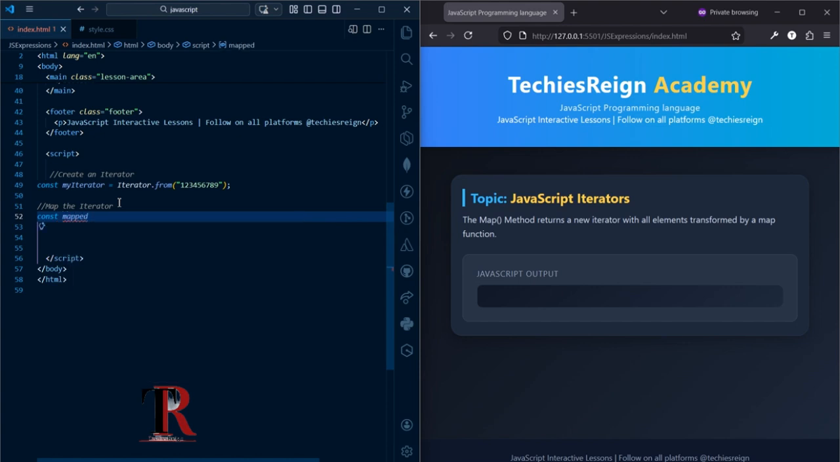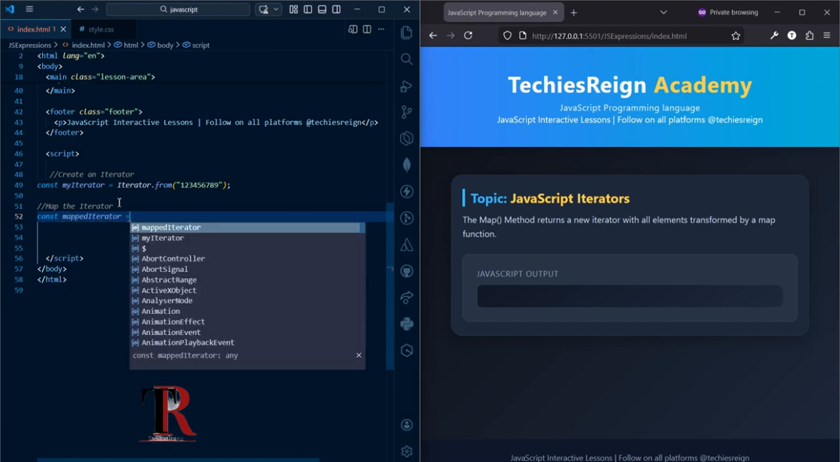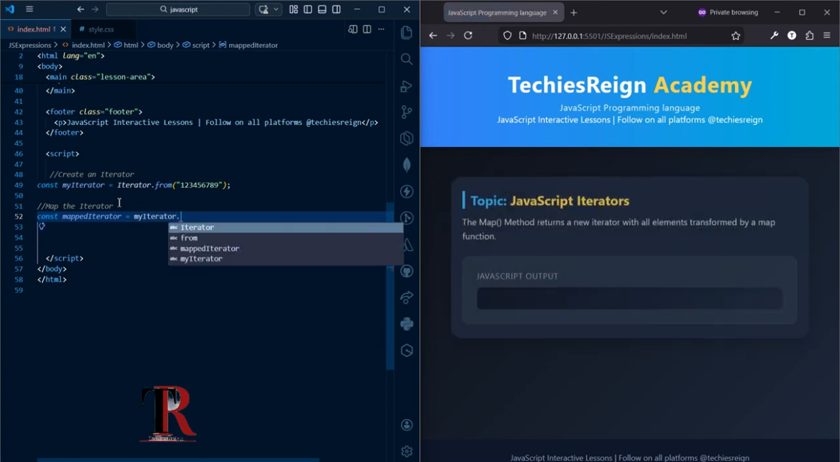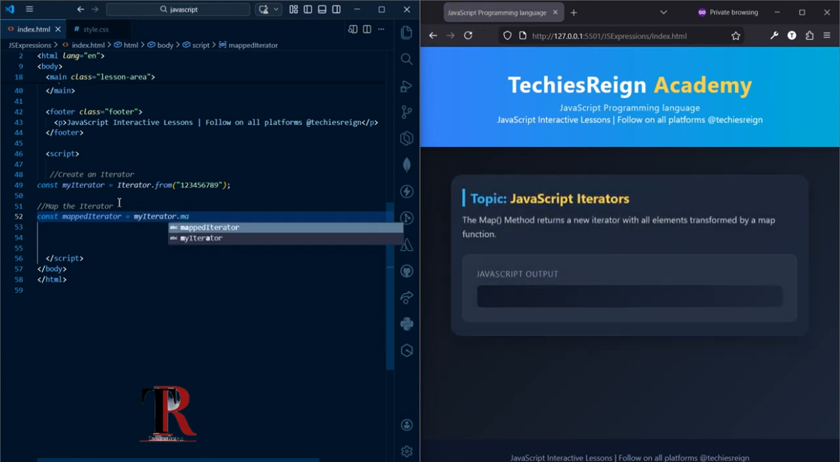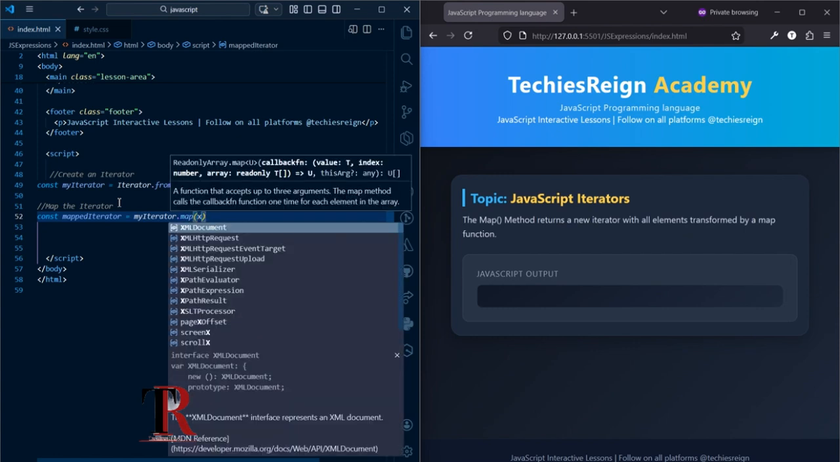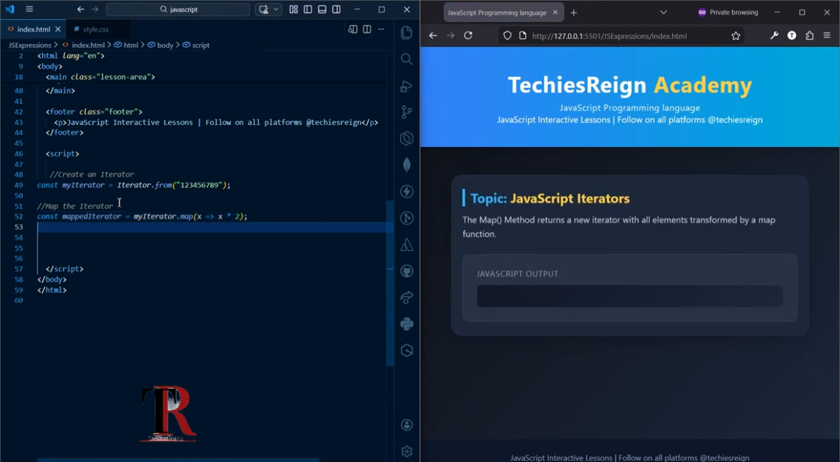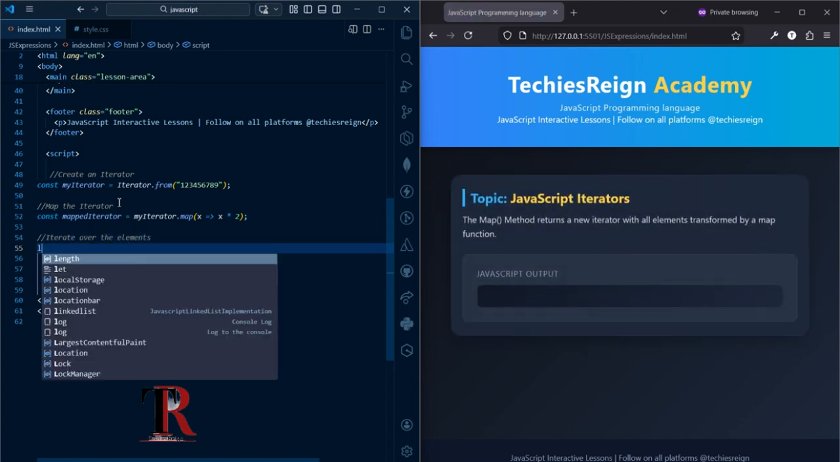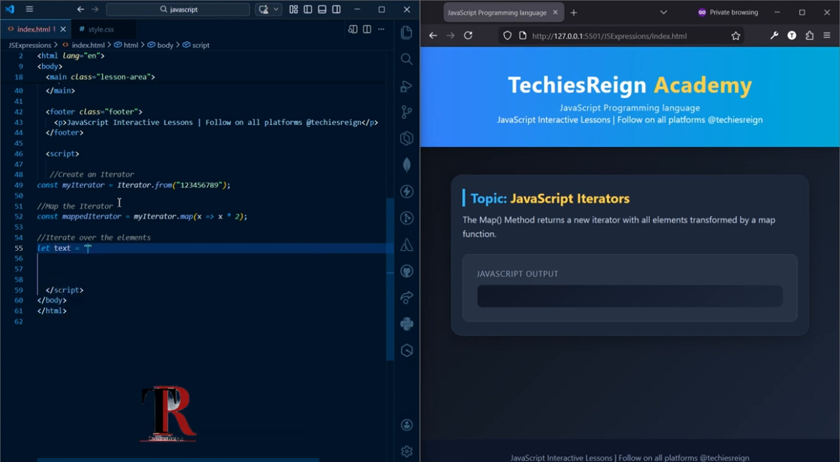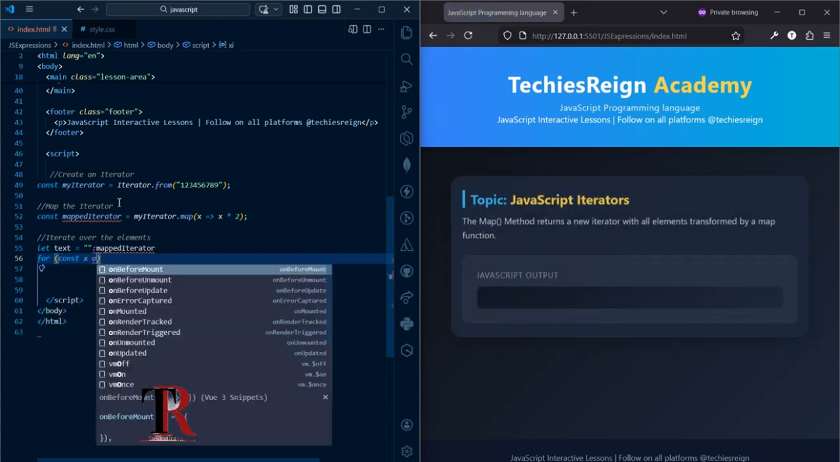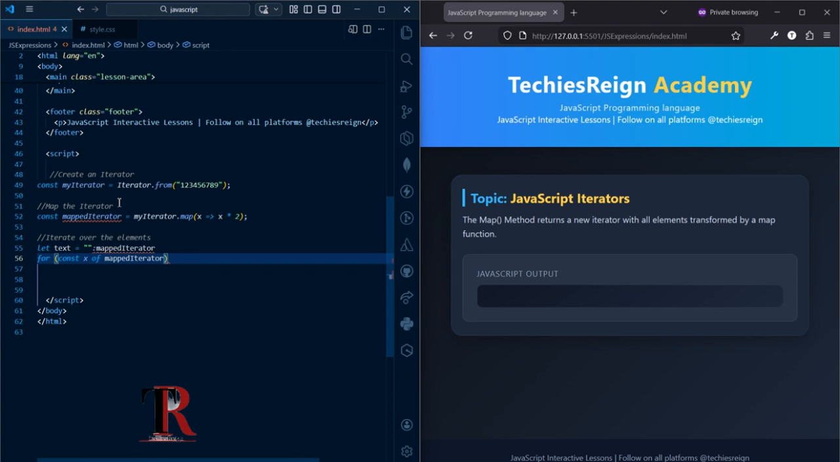I can just call it mappedIterator equals my iterator dot map, which is the function that I am working on. And then I will also pass a function as an argument into it, just as we've done in the past. Now that I have mapped this, it's time to iterate over the elements. Let text equal, for x of mappedIterator,